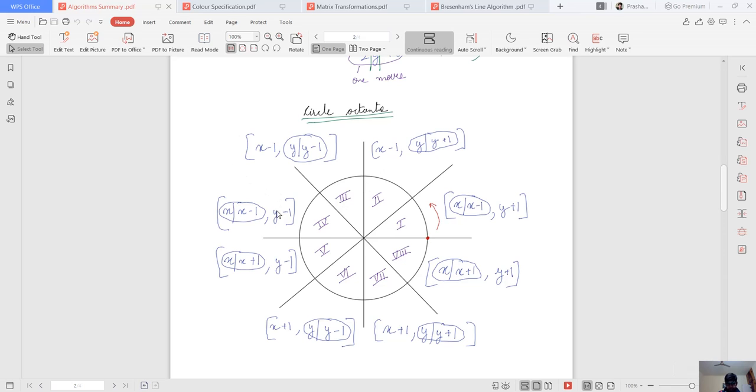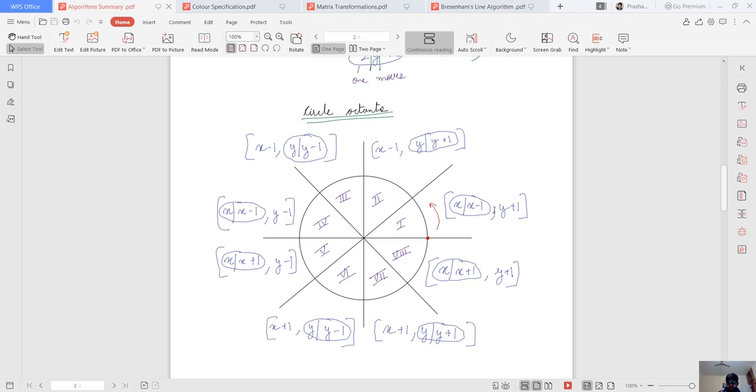These are the circle octants. But the circle octants work a little differently than the line octants, because in the circle we are making the line from this point, which is r comma 0: r in the x direction and 0 in the y direction. So this point is r comma 0, and we are moving up, which means y is positive, and we are moving leftward, which means x is negative.